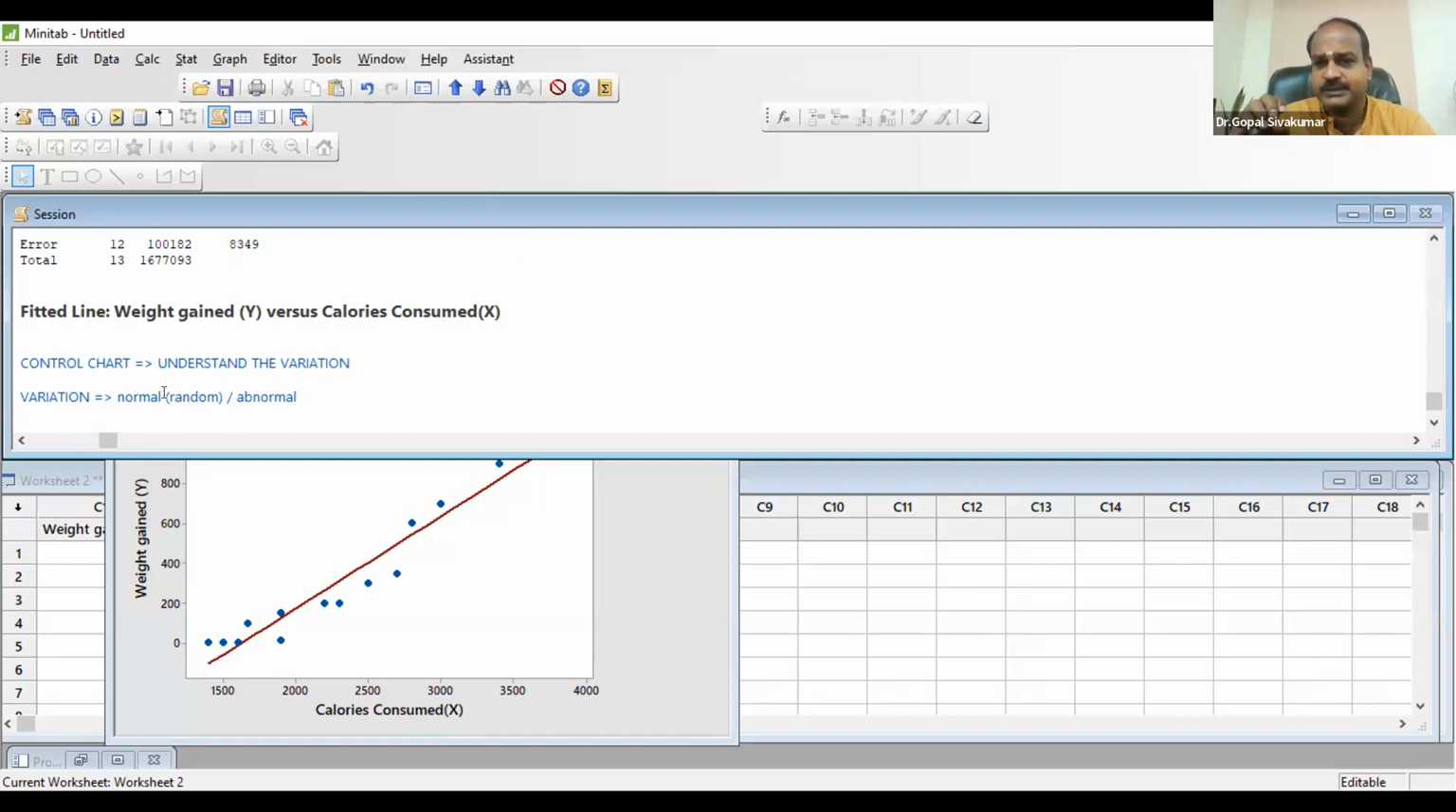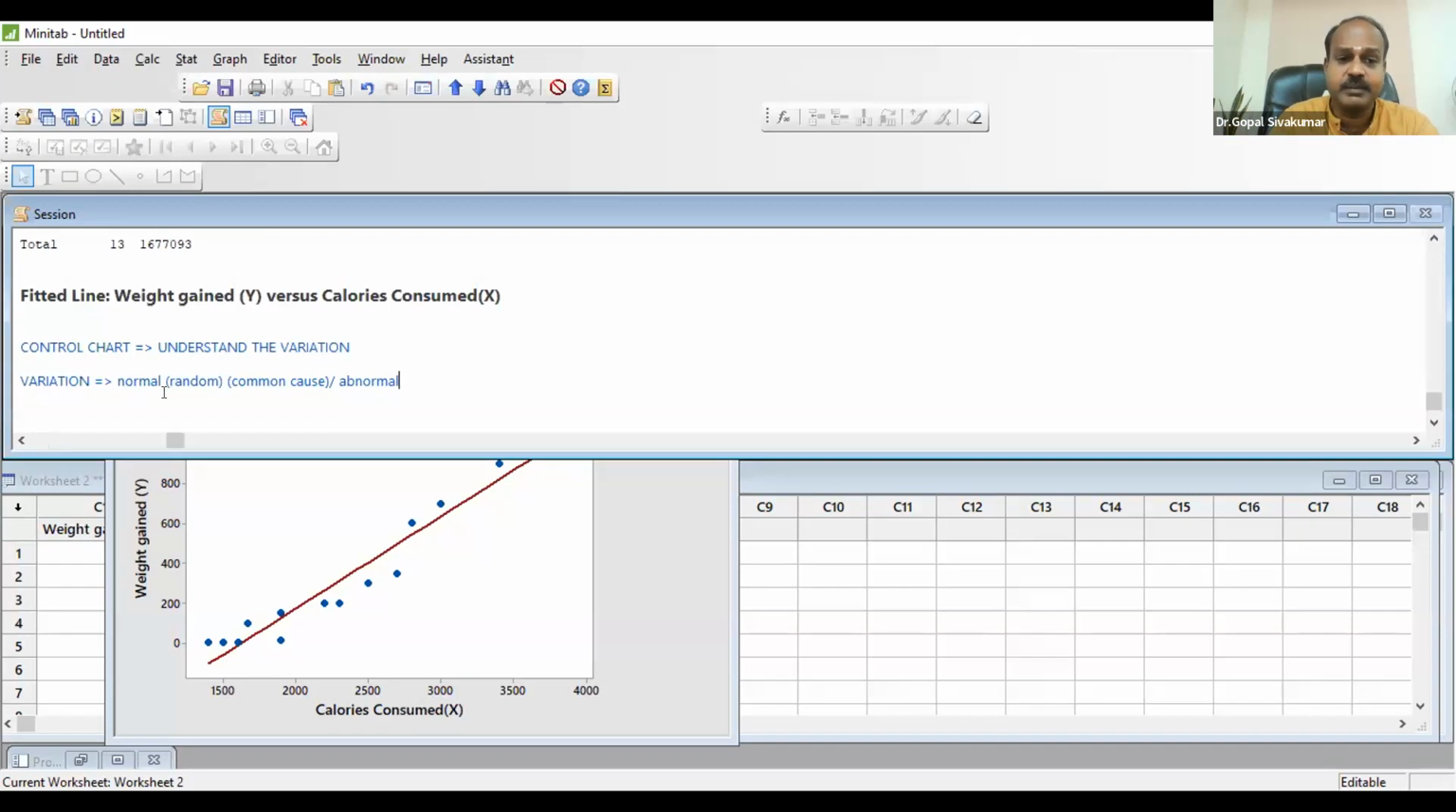If something happens because of some factor deviating, then you need to take action. So it is known as random or sometimes known as common cause variation. But the abnormal variation is known as special cause variation. So basically in a control chart, we want to know whether the variation is due to common cause or due to